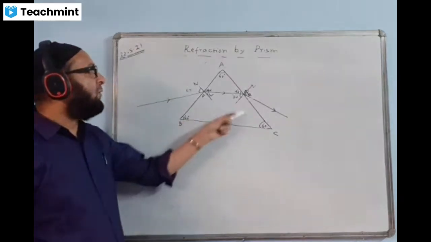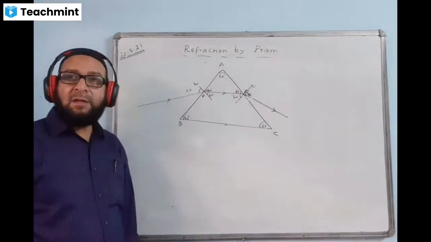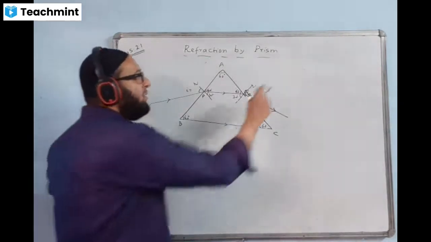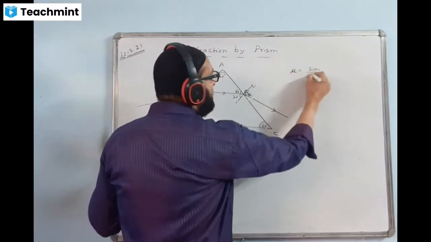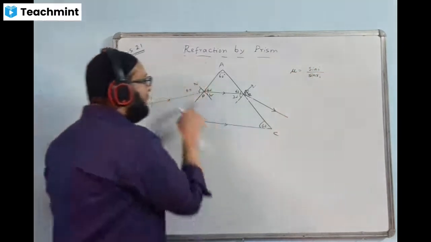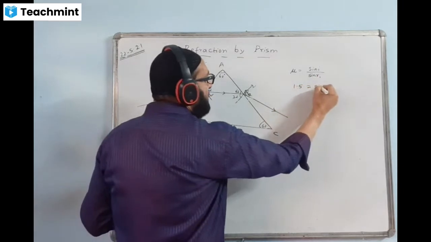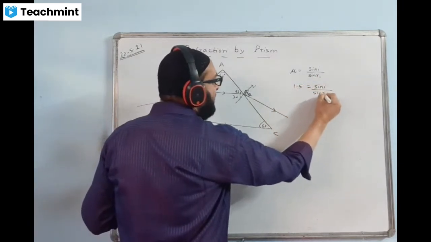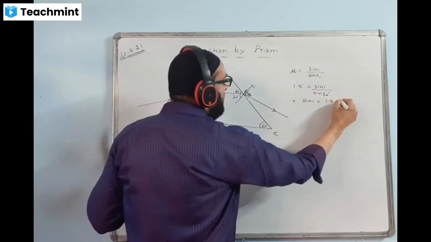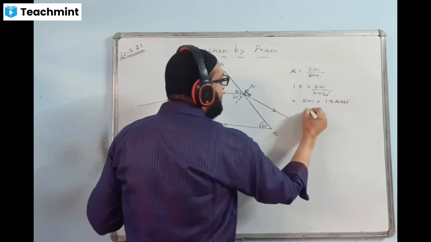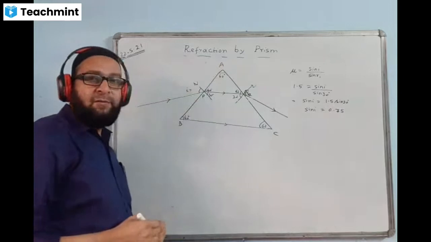You know the refractive index of the material of the prism, which is usually glass, and the refractive index of glass is how much? 1.5. You can do this calculation or use a calculator. We'll apply the formula mu is equal to sin I by sin R1, so sin I by sin 30 degree. The mu value is 1.5, so sin I will be 1.5 into sin 30 degree. Sin I value will come 0.75. Use a calculator and check, the answer is 0.75.